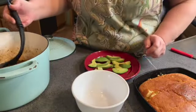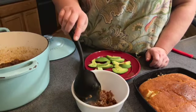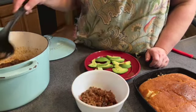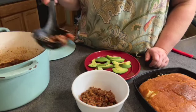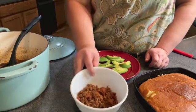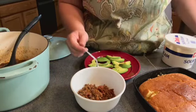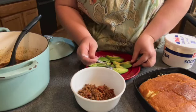Let's grab a scoop of this. My husband's gonna love this. It's not too soupy. He hates a soupy chili. He's gonna love this. And then to this, we're just gonna add,